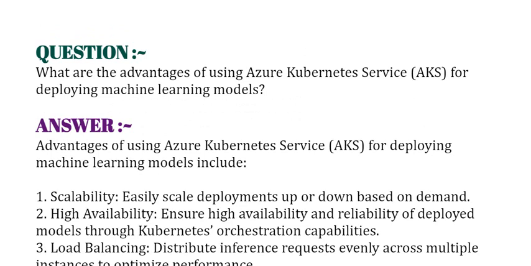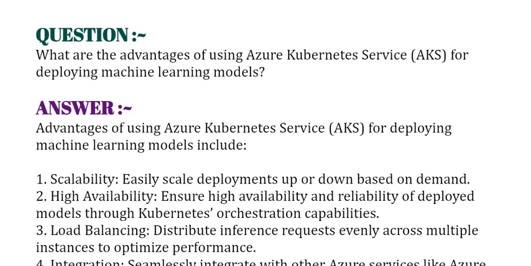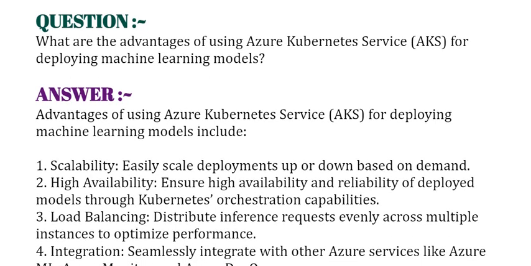Our next question is, what are the advantages of using Azure Kubernetes Service AKS for deploying machine learning models? Your answer should be, advantages of using Azure Kubernetes Service AKS for deploying machine learning models include scalability, easily scale deployments up or down based on demand, high availability, ensure high availability and reliability of deployed models through Kubernetes orchestration